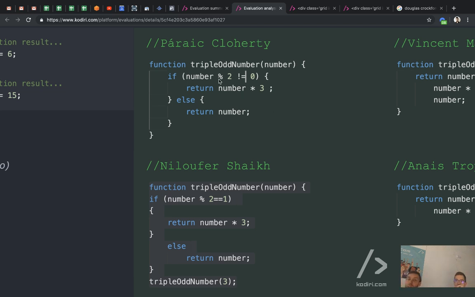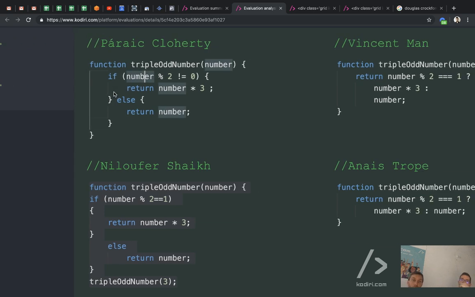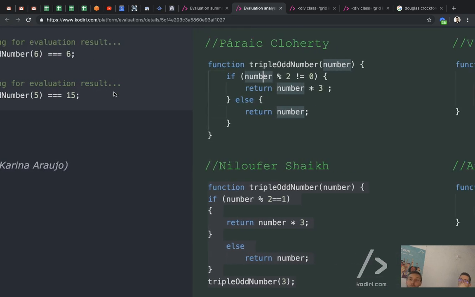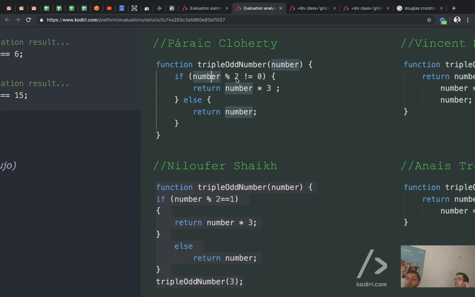There's nothing inherently wrong with it. You're just saying, take a number. So what was our first number? 6, right? So 6 divided by 2, is the remainder 0? Yes, it is. So that's saying if it's not equal to 0, then return that bit. So if it was equal to 0, of course, it's going to return